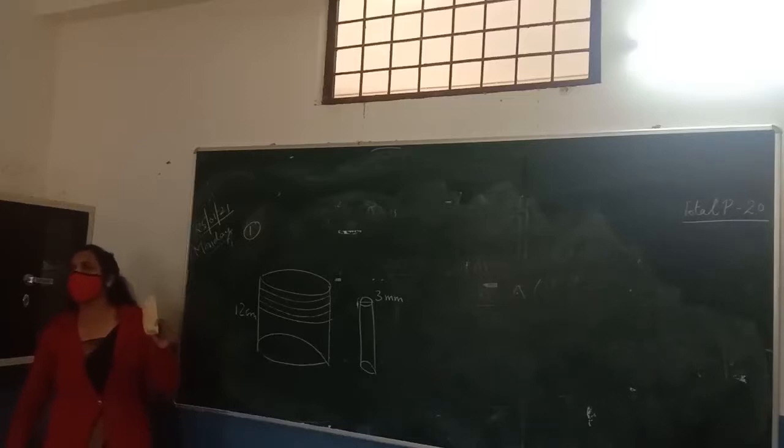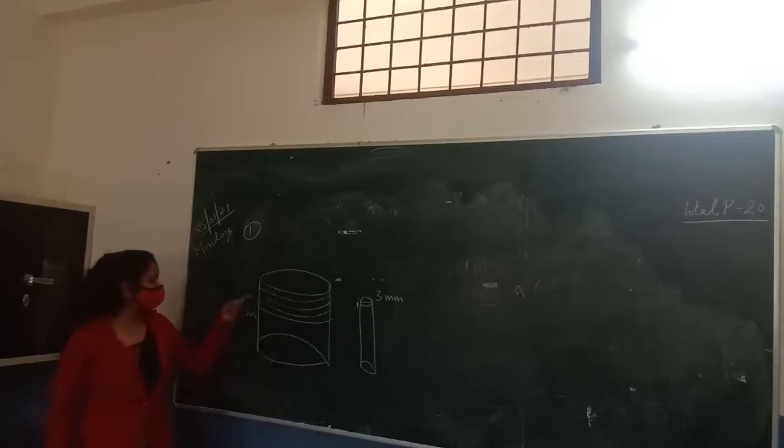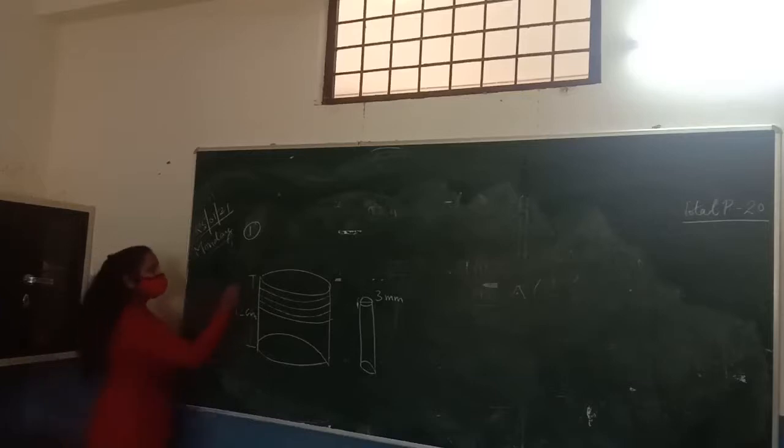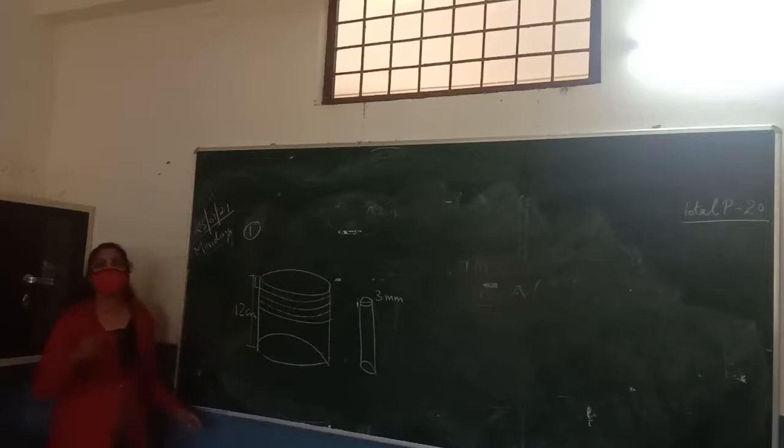How can we find the number of turns? It's easy if you try to understand what the question is. It's really easy. Not the area. We know the length of the cylinder, and we know the thickness of the wire. If we divide the whole length of the cylinder by the thickness of the wire, we can find the number of turns. Okay?